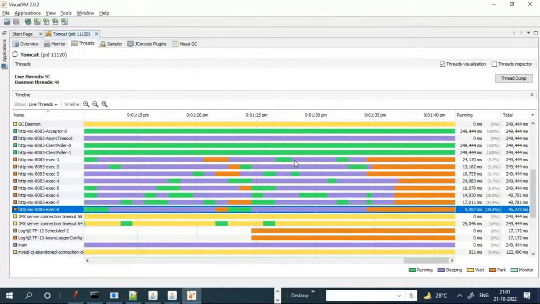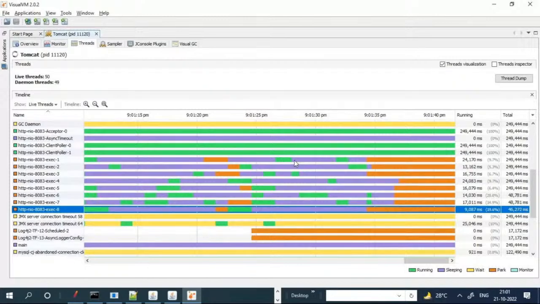Okay, now let me just quickly show you the various states of the thread, right? A thread gets created. That can happen 2 ways. One, when your JVM starts, all your minimum threads are going to get started, and then while the JVM is running, if more threads are required, new threads are going to be created. So the first state is the thread is newly created, state of new,